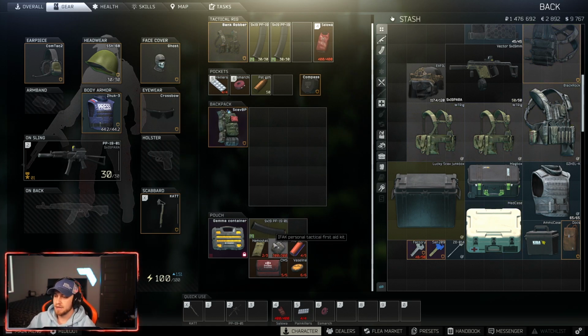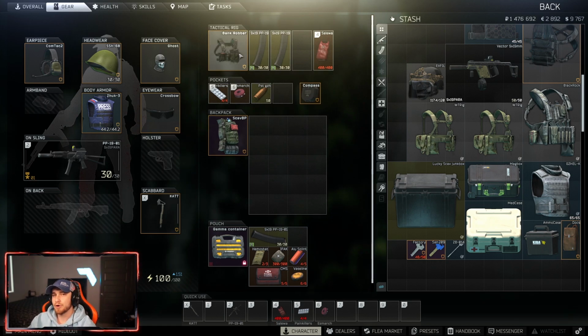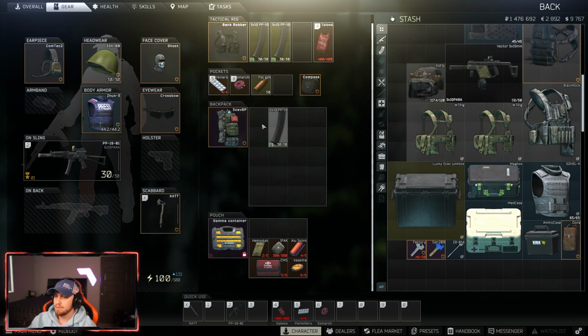I'd have extra backup med, which is usually an IFAK, another heavy bleed stop, in this case a hemostat, a CMS, a longer lasting painkiller, so Vaseline, ibuprofen, or a Golden Star, sorry, and then a splint of some sort, whether that's a normal splint or an alu splint. And then, because I'm only running a bank robber in this situation, where like I discussed in my wish list with the animations, if I have this magazine up here, I'm dropping a mag when I reload. So I usually either have this down here in my backpack,